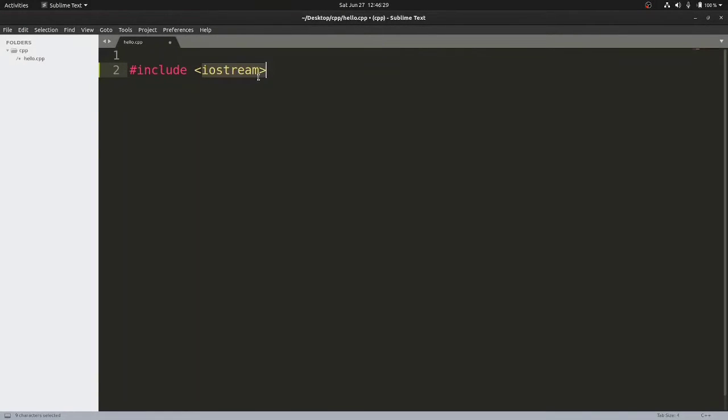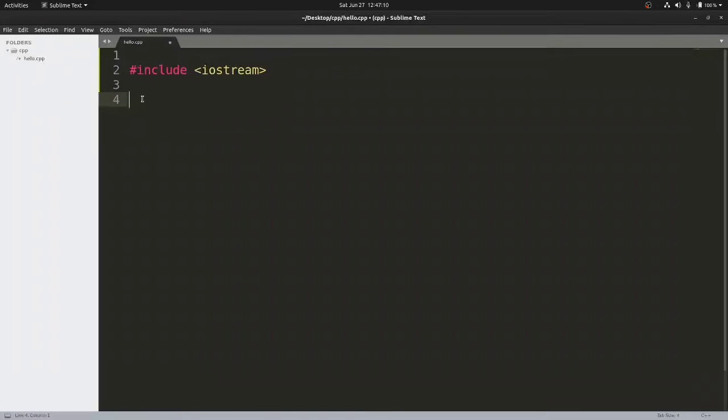So in this case, what task does the preprocessor do? The preprocessor takes the content of this input output stream header file. Actually, iostream is a header file which contains all the predefined structures and functions using which we can perform input output in our program. In order to make our C++ program work, we need to use library functions, and these library functions are present in the header files. So the preprocessor will include the content of this file and paste it in our program. This is the purpose of this #include line, also called, as I told you, a preprocessor directive.